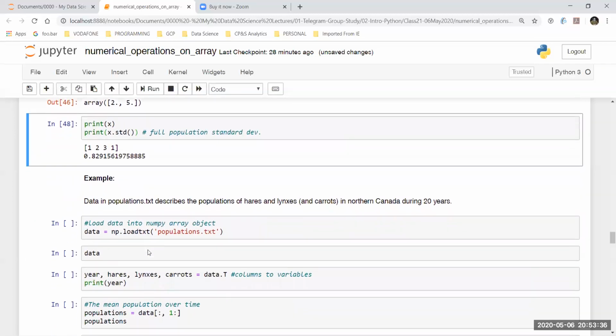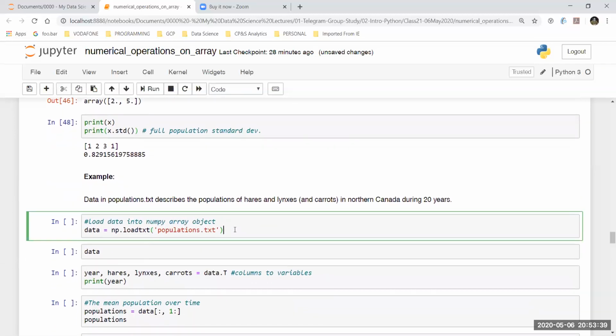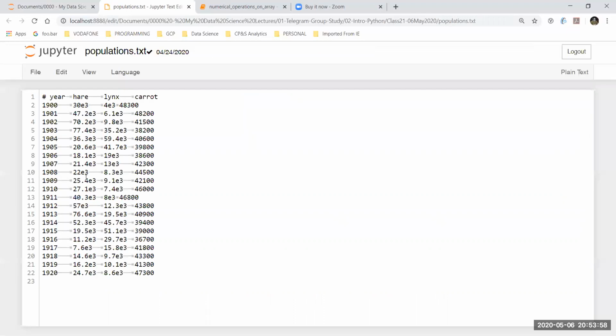Now, other than the fact that if I have some set of values, I can do mathematical operations on top of that. I already know that I've created a lot of arrays where I've manually entered the values. Now what happens if I have some data in some kind of text file? Example given, I have a text file called populations.txt, where I have four fields, separated by tab. This hyphen star is a representation of the IPython notebook only. This represents tab. What we have over here is, let's say, year, hare, lynx, and carrot.